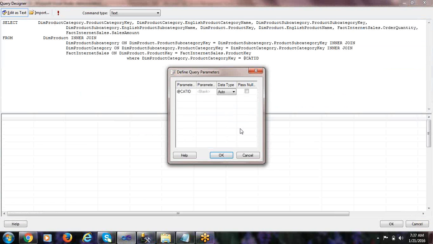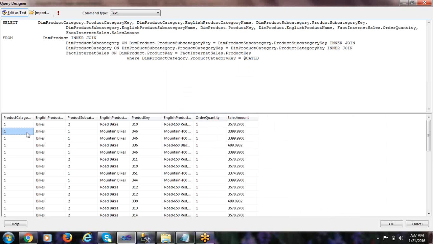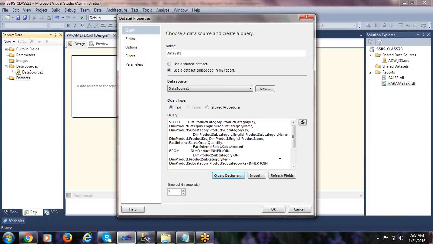Now execute it. See, it is asking for the value of @cat ID. What parameter value are you going to provide in order to execute this query? Let me provide category ID 1 and click on OK. See, the data has been filtered with category key 1. So it's working. Click on OK.